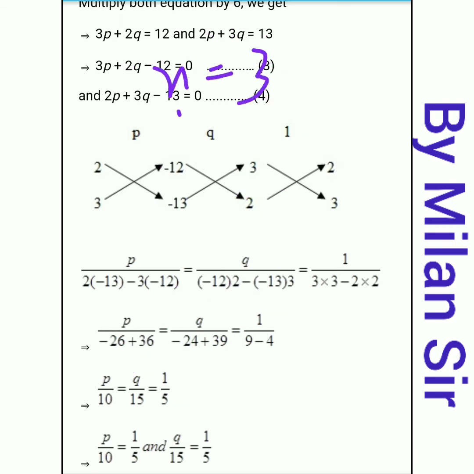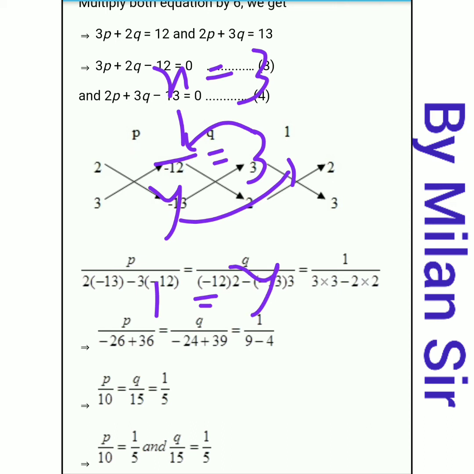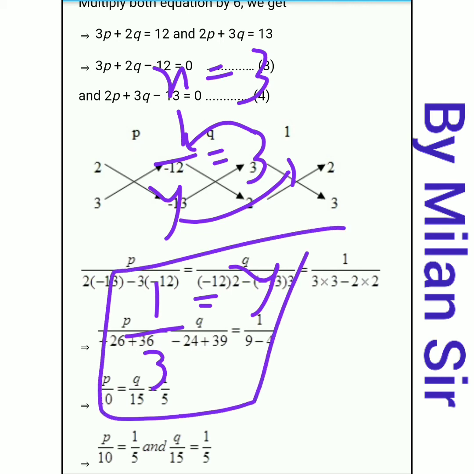Now in place of n, we can write 1 upon y, because initially we assumed that 1 upon y is equal to n. Now transfer this y to the right hand side and 3 to the left hand side. So y goes to the right hand side, it goes to the numerator. And if we transfer 3 to the left hand side, it goes to the denominator. So finally we get value of y. y is equal to 1 by 3.